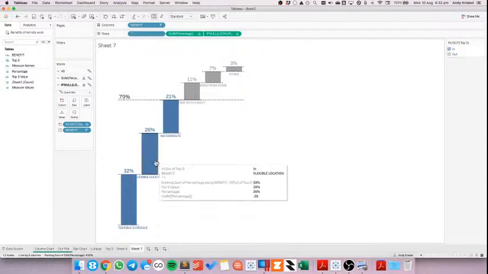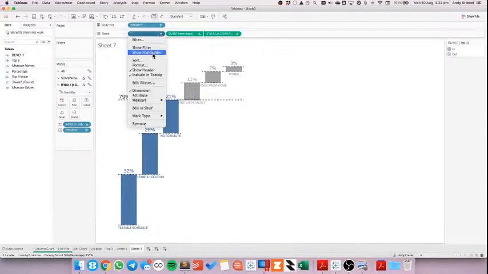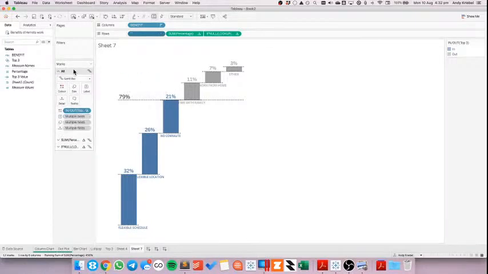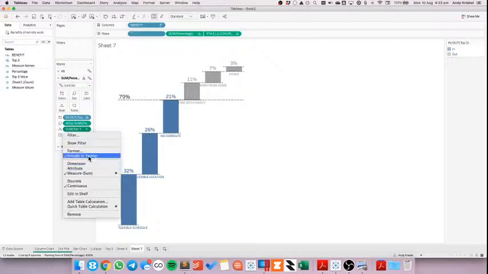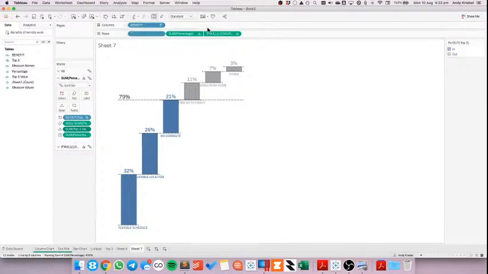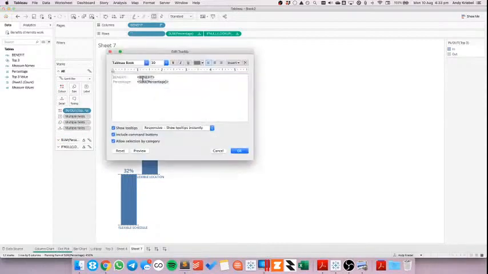So now in my tooltip, I've got a bit of a mess here, so I need to take that out of the tooltip. As I'm formatting the tooltips, I like to go through and get rid of all the things that I don't need. So top 3 value, I don't need that. Where is that? Top 3 value. So we can get rid of that. We don't need the negative, we don't need that. We already did that one. We don't need the negative percentage. We don't even need the running total. Okay, right. So now I can just change the tooltip and